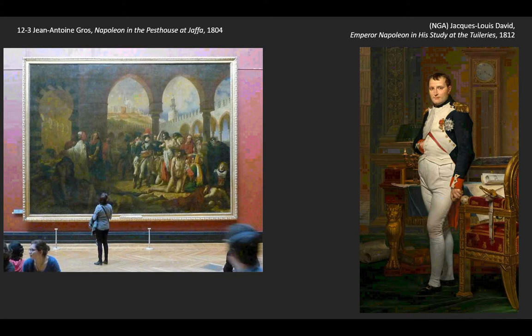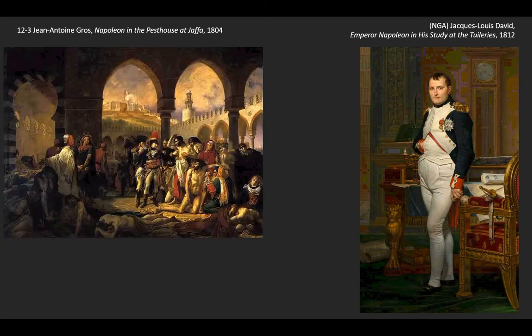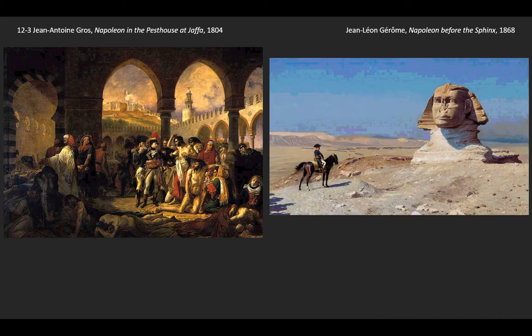And as you can see, this is an absolutely massive work, almost 24 feet across the base. The figures are roughly life-size as they appear within the picture. It shows an event from Napoleon's failed attempt to conquer Egypt. This is one of his failures, but what he wants to show is how a failure can turn into a success. So rather than showing him in Egypt, where his attempt to conquer Egypt met with failure, here a painting from 60 years later, actually 70 after the fact,